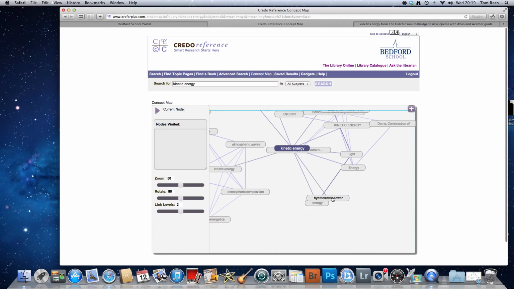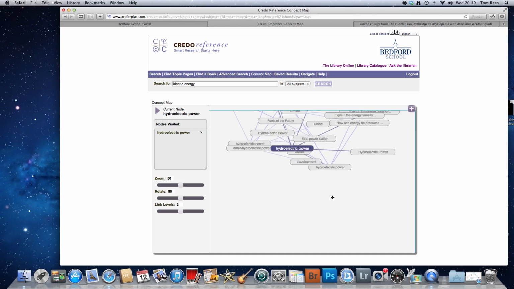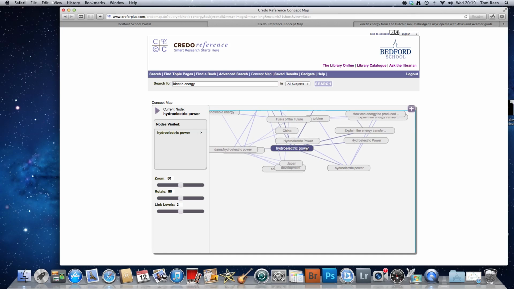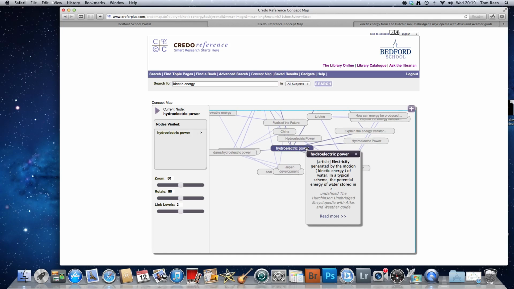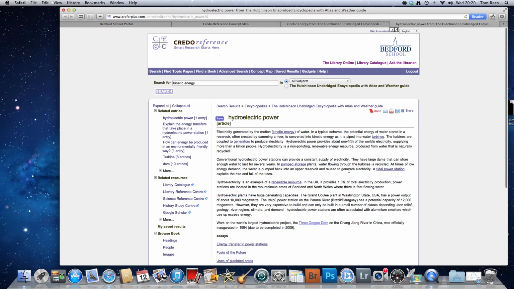So I can say, okay, I want to have a look at hydroelectric power as an example. If you click on it, it gives you all the words linked to that. But if you hover over it, click on read more. Let's go to another topic page, and I've suddenly got a bit more here. I've got a definition of it. I've got some examples of it. I've got some facts and figures about the UK use of it, and some examples of some rivers where it occurs,